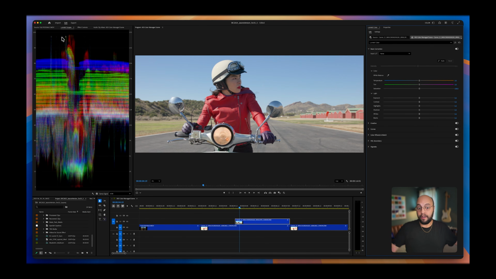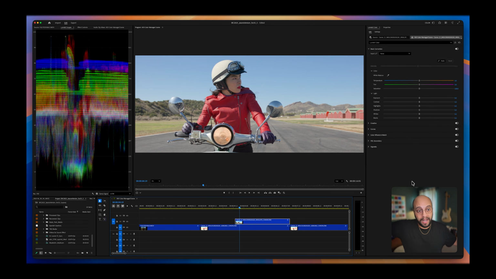We have a very high contrast clip right here. I have a lot of shadow detail. I have a lot of nice highlight detail, and my highlights are coming all the way up to the top. All right, cool. So in Direct Rec 709, the default preset, the representation of our old color pipeline in Premiere Pro,